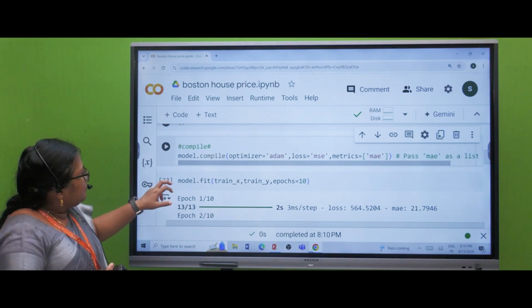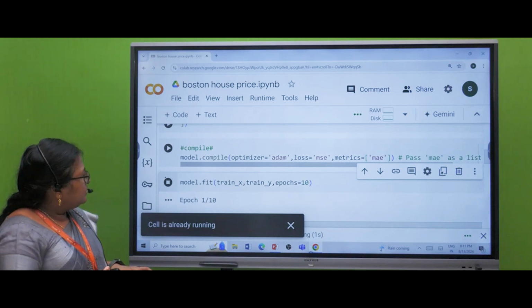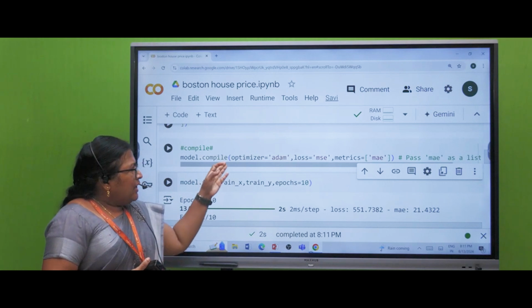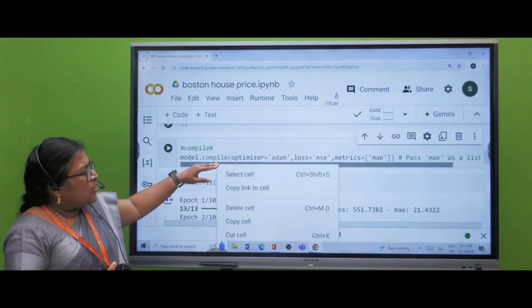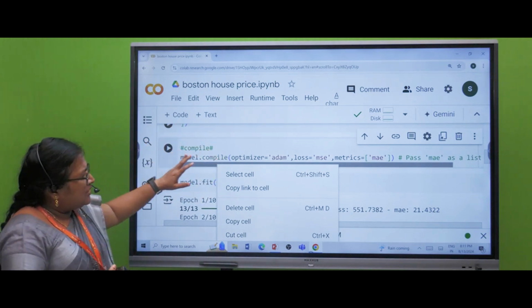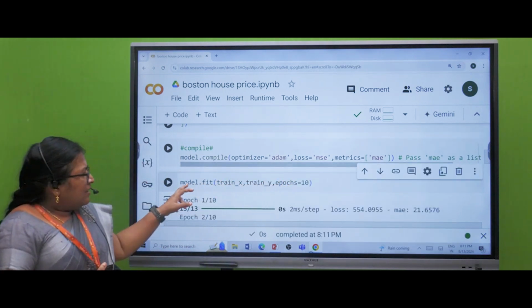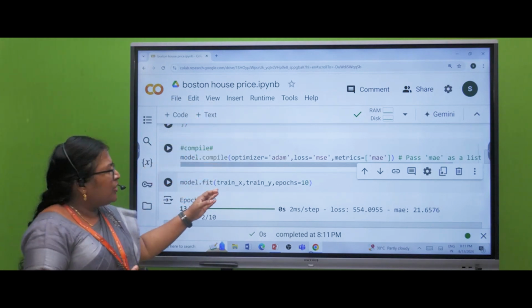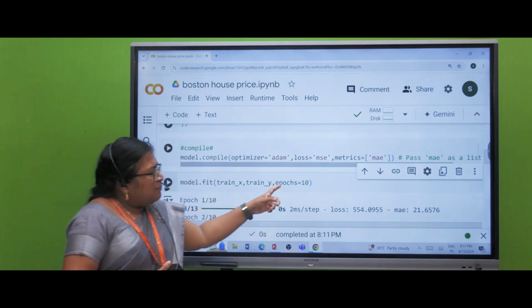Now it is compiled. After giving what optimizer I am going to use, what loss function, what metrics, and how my neural network layers should be, now I am going to fit my model. Whatever model we have created, I am going to fit my input and output training data set to it. Here epochs means